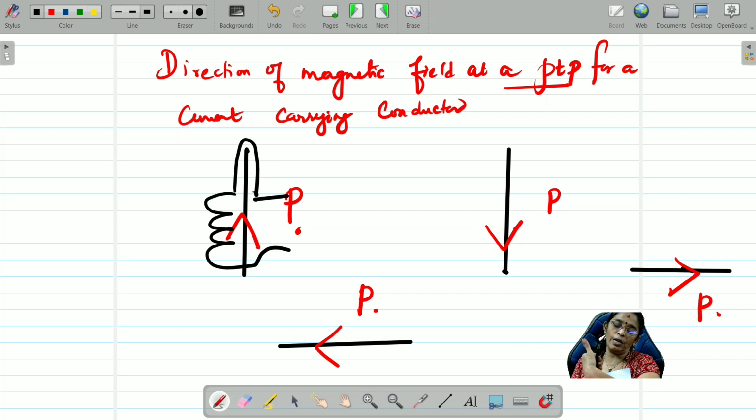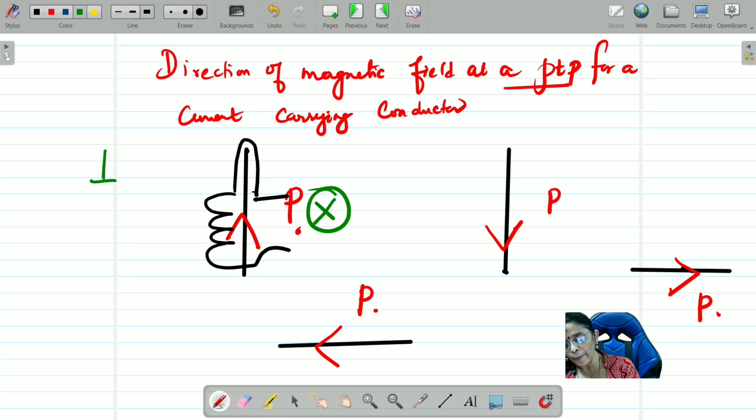But at the same time, the right hand side of this pen, is it going inwards? Can you see my fingertips? It is going inwards into the paper. So towards the left, it is coming outwards. Towards the right, it is going inwards. But here, towards the right, only point P is there. So I should give this as into the plane of the paper. So the answer is perpendicular into the plane of the paper.